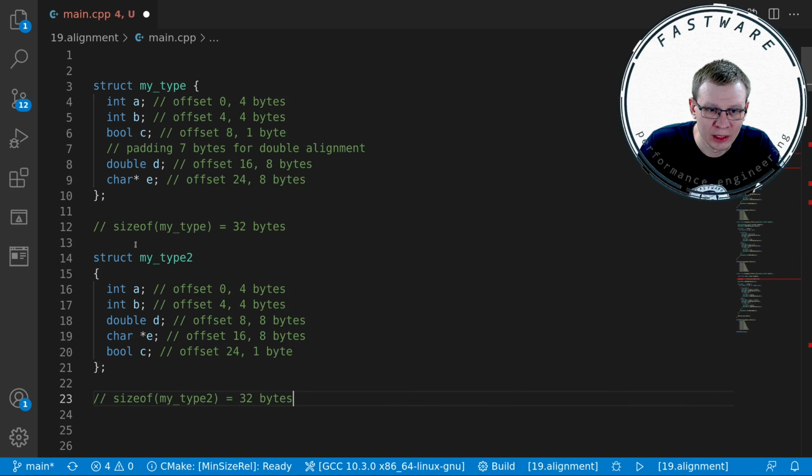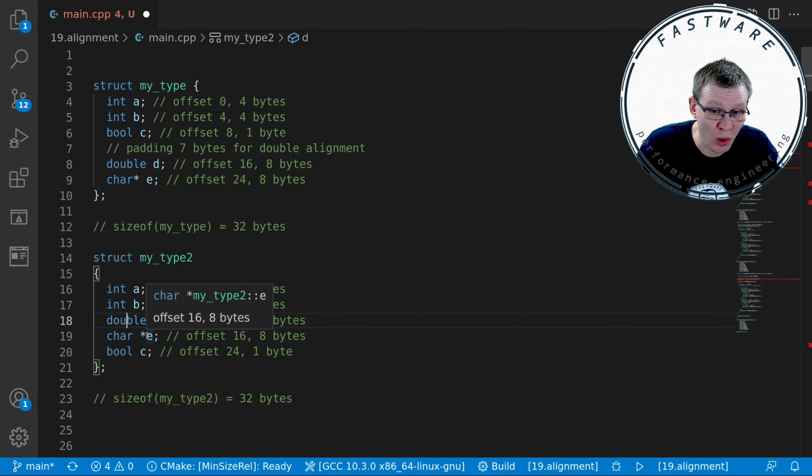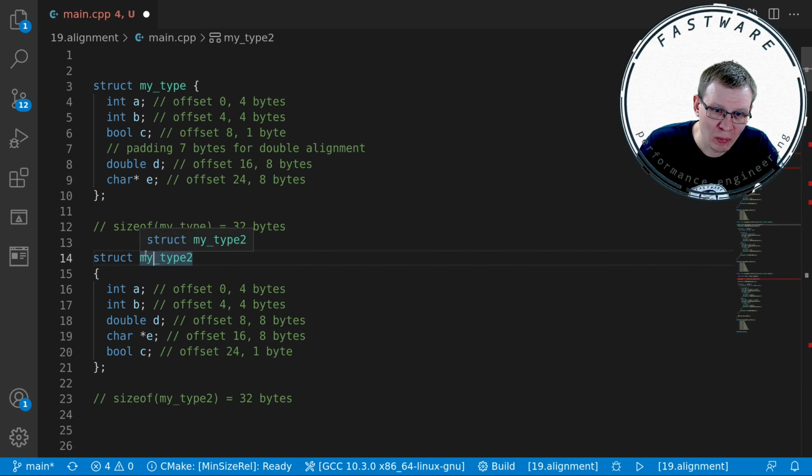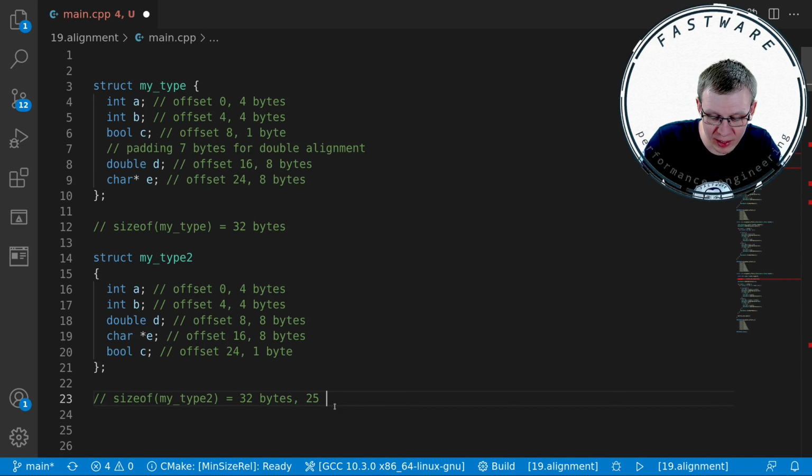The simple reasoning here is that any struct needs to be aligned to the largest alignment requirements of any member types that are inside. So in this particular case, both a double and a char pointer have a requirement to be aligned to 8 bytes. So therefore, my struct would be actually 25 bytes